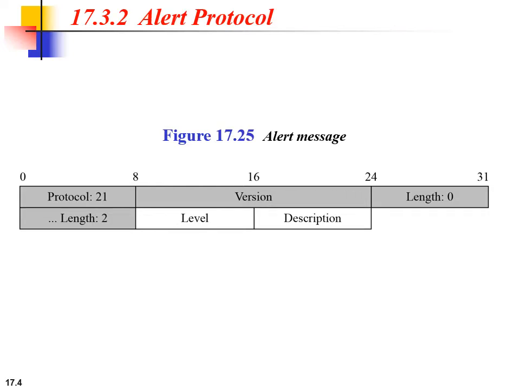The next one is alert protocol. The alert protocol, as we have discussed, has one message that reports errors in the process. As you can see in the figure, it shows the encapsulation of this single message in the record protocol with protocol value 21, and the two fields that are labeled. The level is 1 byte and defines the level of the error, and two levels have been defined so far: warning and fatal. And description, the 1 byte description defines the type of error.